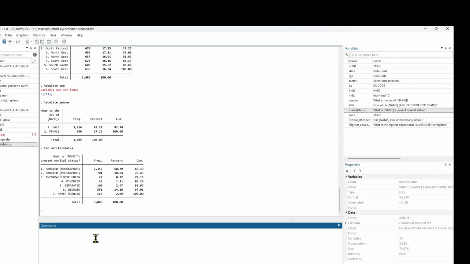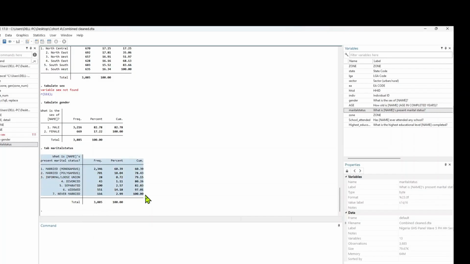You can group your own into 3. You can have married, single, then maybe never married. Anyhow, we'll get there, how to generate now from what you have. So this is how to do tabulation. You have your table and you can easily edit